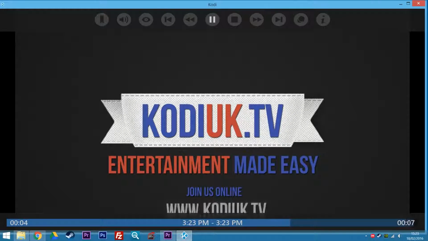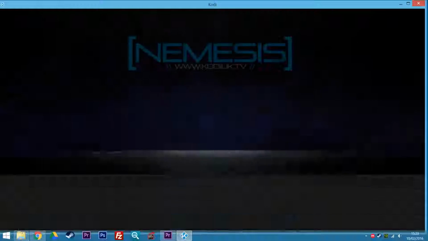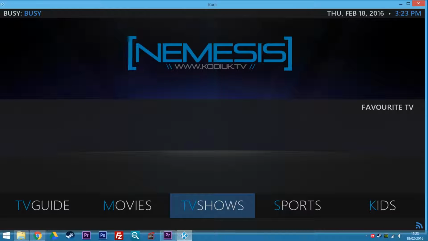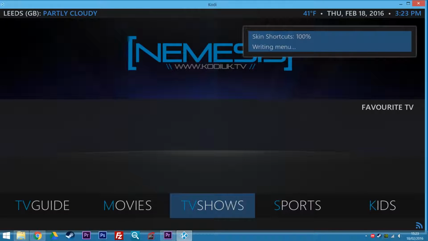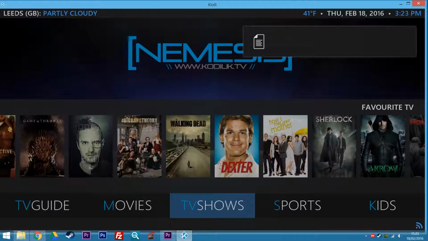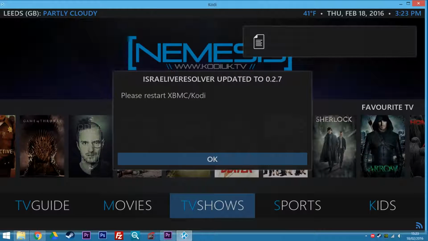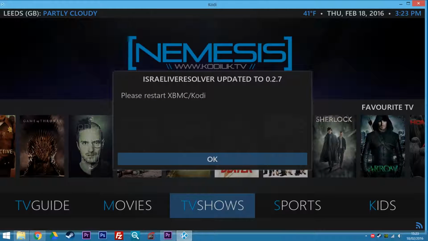And there we go. As you can see, it's going to take a little bit for it to embed itself in. It's got quite a lot of things going on, and it's probably going to start going mental as it starts updating everything that was involved with the skin. There may be some errors, there may be things kicking off about how it wants to, for example here, update itself. It's not in full screen, so I'm going to have to go into the menu to put it full screen.